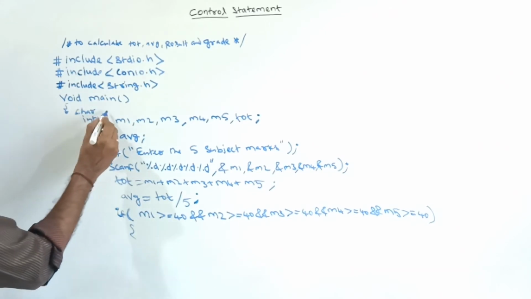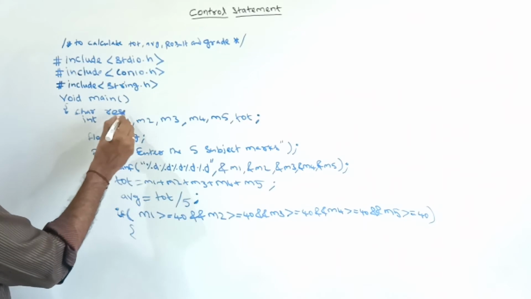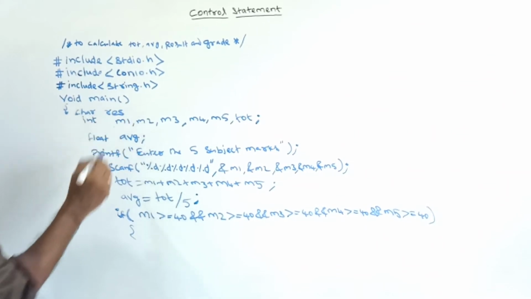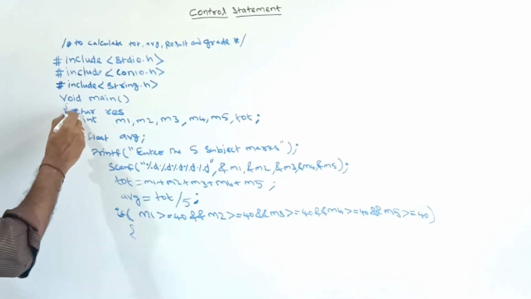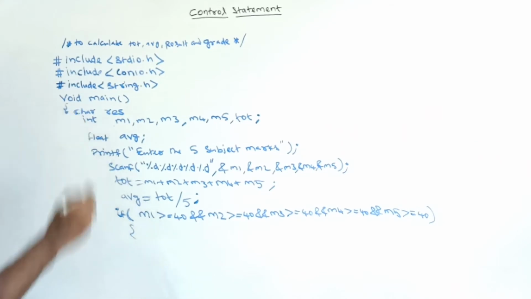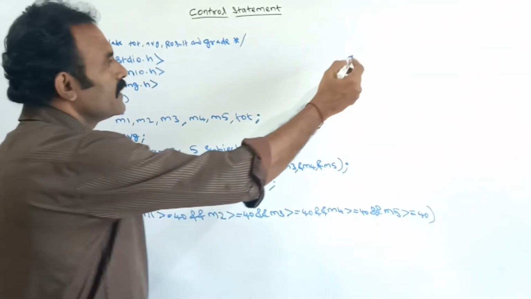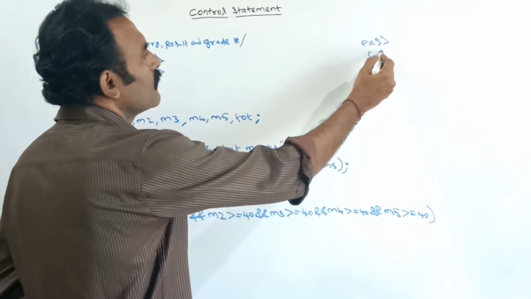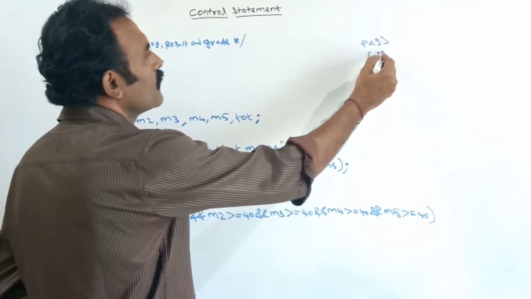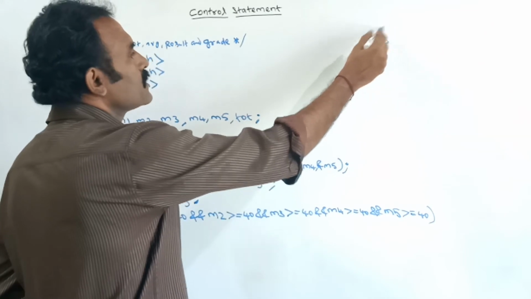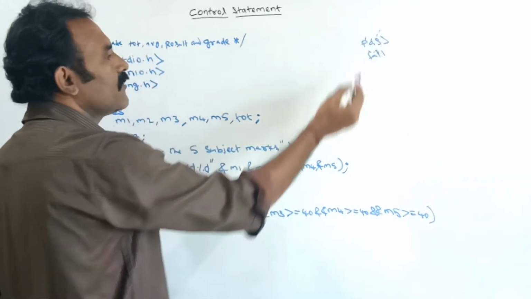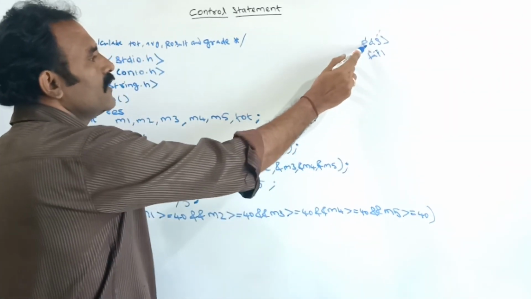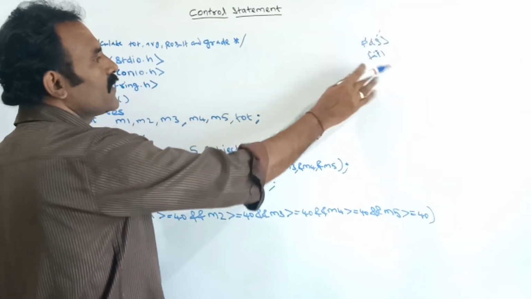In character data type res, for storing the value result, I am declaring the variable as res. See, how many letters does this res hold? The result is pass or fail. Pass means PASS, pass, or FAIL, fail. Here, how many letters? The maximum is 1, 2, 3, 4 letters only.